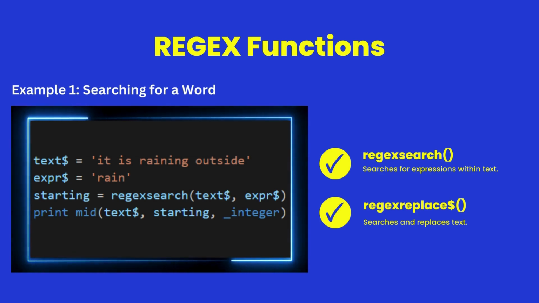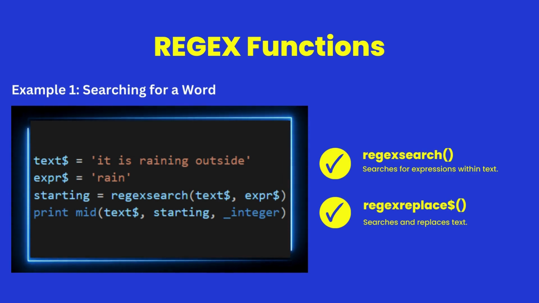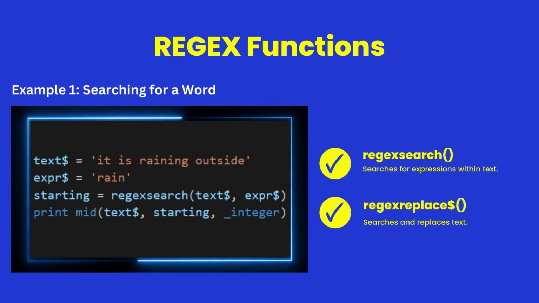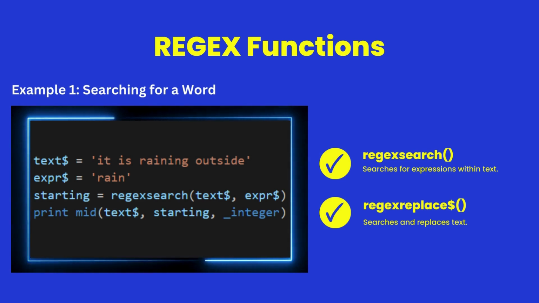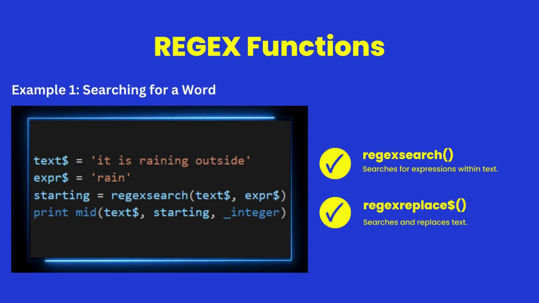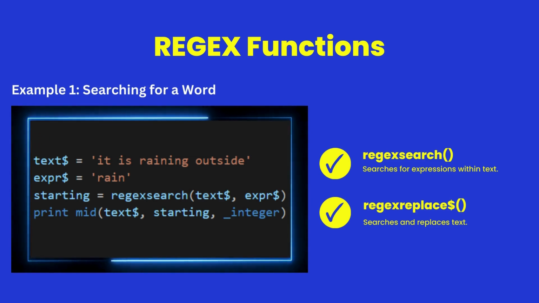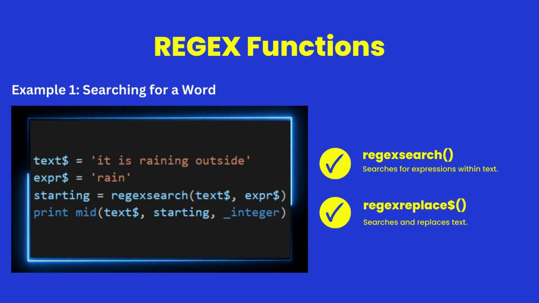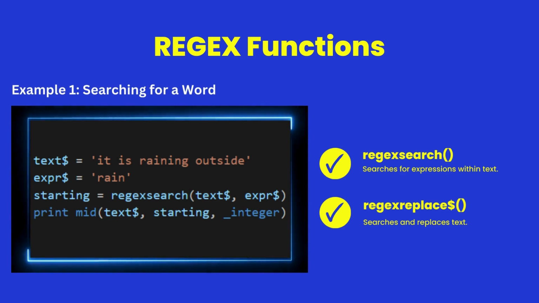Regexsearch searches for expressions within text. Regexreplace searches and replaces text. Example 1, searching for a word. In this example, we use regexsearch to find the word rain in the text, "It is raining outside." This code searches the text for the word rain, returning the starting position of the word and printing it using